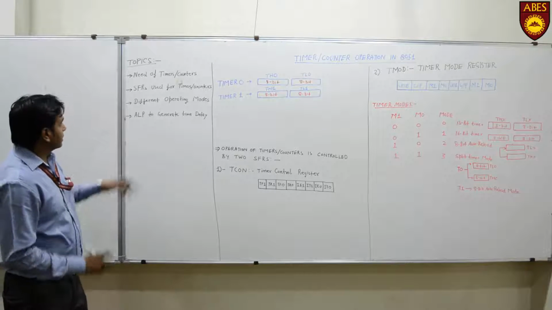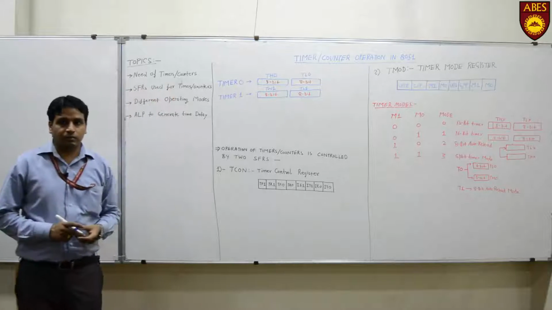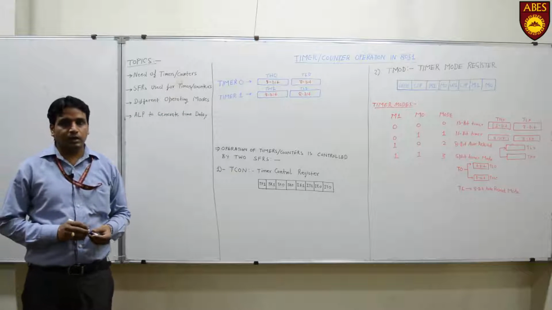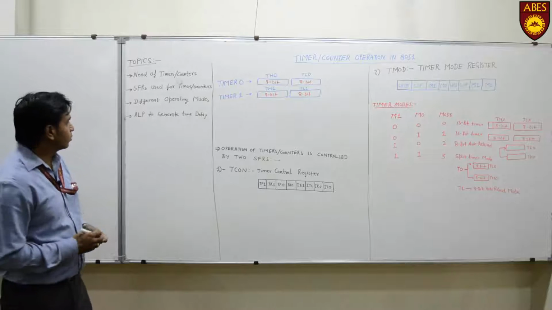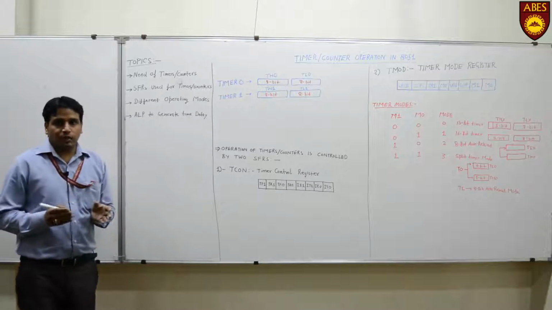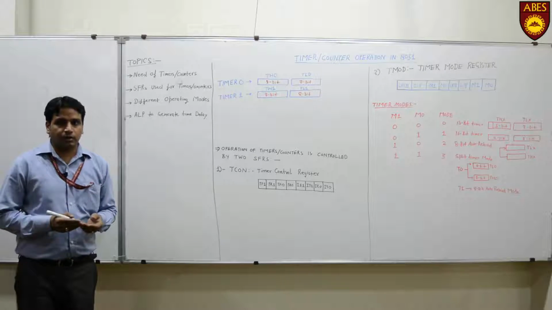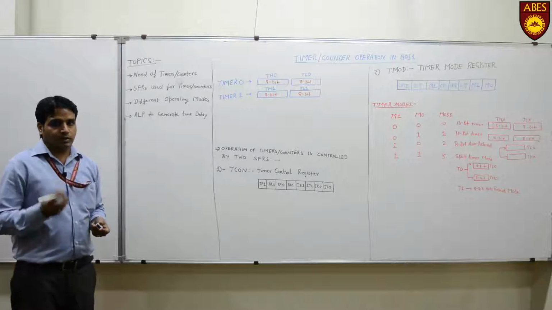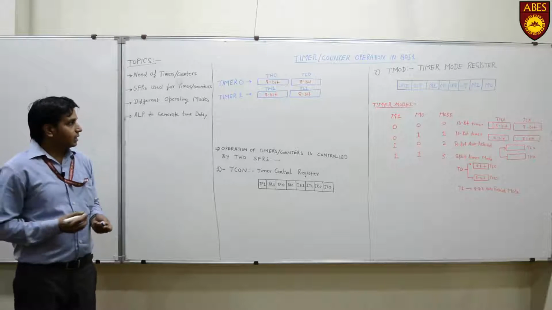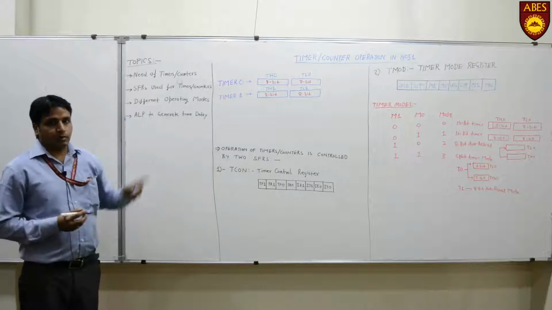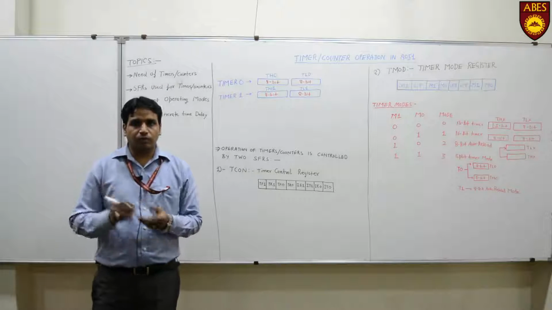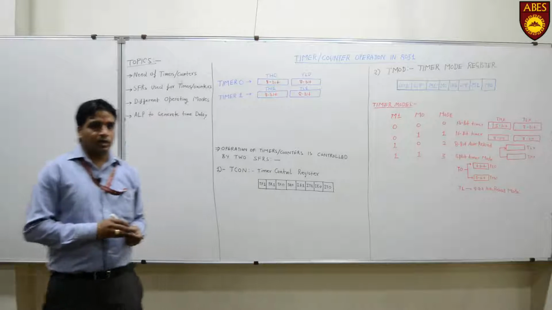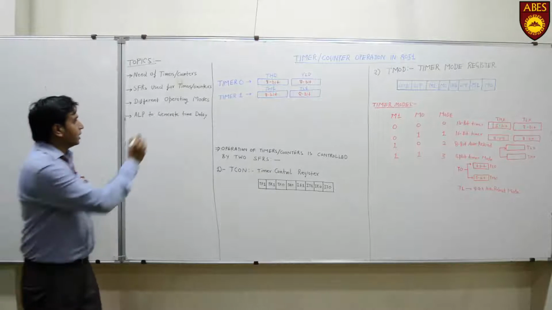So first we will start with what is the need of timer counters in embedded systems. In the context of embedded systems, there are numerous applications where we need to generate a precise time delay to control an operation. For example, if I want to sound a buzzer for a specified or a predefined time period, then we can use the timers for this purpose. And also in some situations we need to count the number of events happening in a process, and that we can do with the help of the counters.